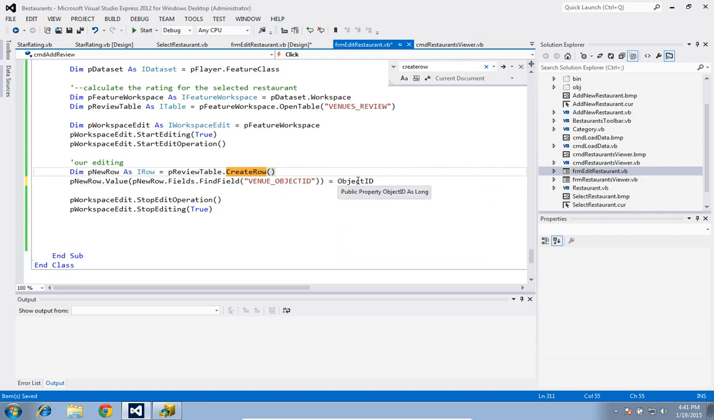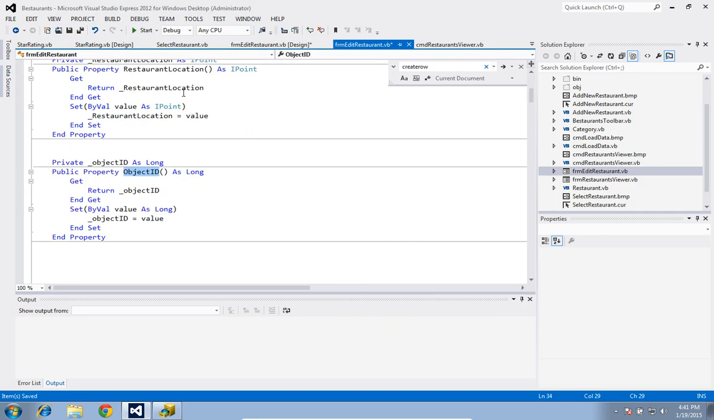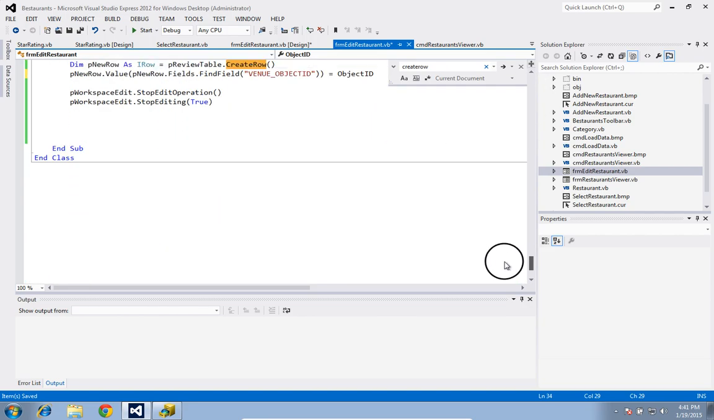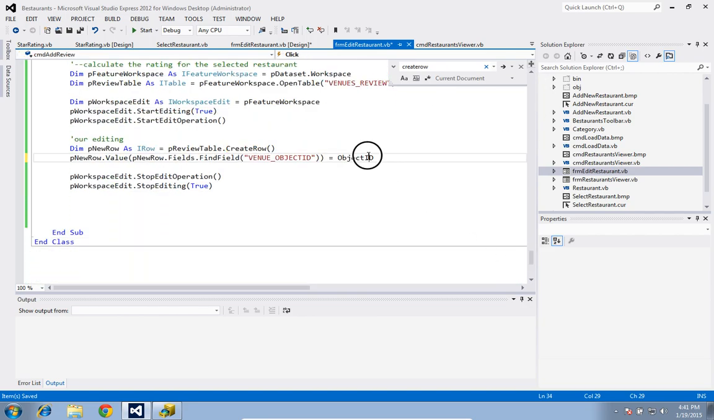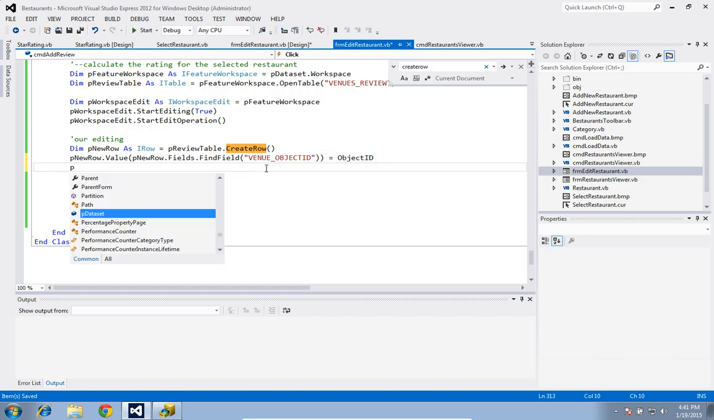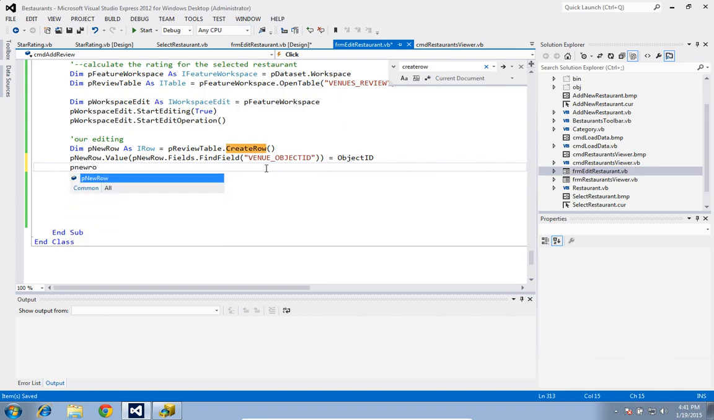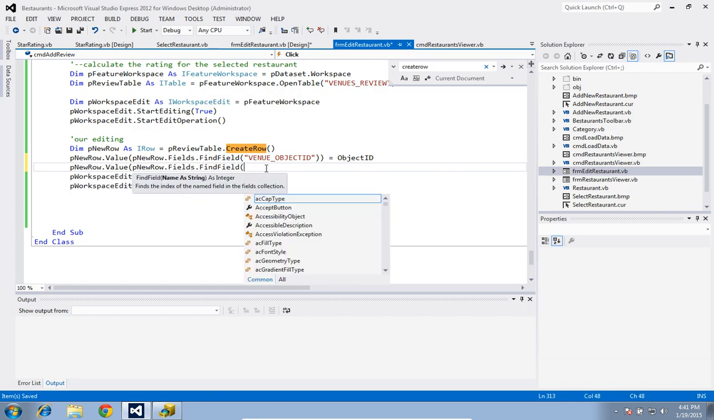Remember, this is a property of whatever restaurant we opened; we store the object ID. Go back to the previous episode and you'll learn how we did this. It's actually straightforward. P new row dot value, p new row dot fields dot find field, and the second thing